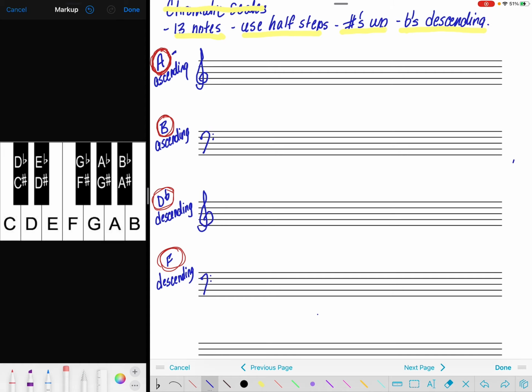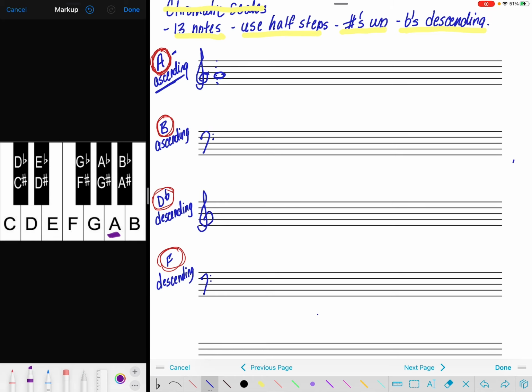So back to the first one. I'm going to start on A. And whenever I do ascending, I want to start below the third line, okay? So I need to find an A that's below the third line. So I use my acronym for the treble clef, and I look for an A. So Edna gave Bart detention Friday. Isn't one there? For my spaces, F, A, here's my A, okay? So I start on A,